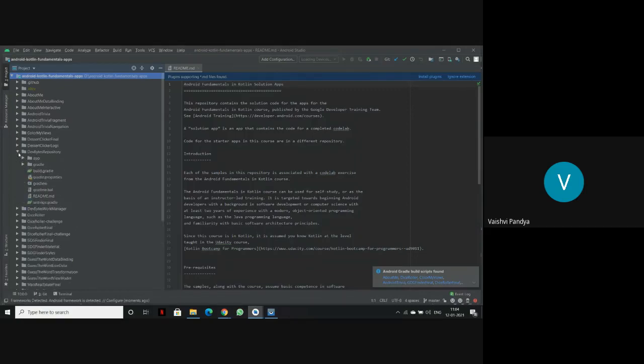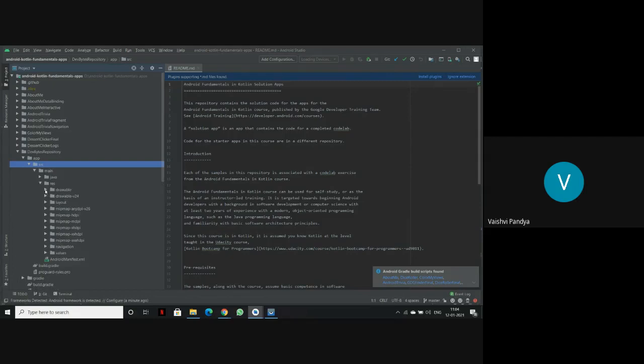Once I click here, I'll go to app, then src. We'll go to main, resources, and then I'll go to layout, and then we'll have the XML files. We can use any XML file that we want to edit or use.